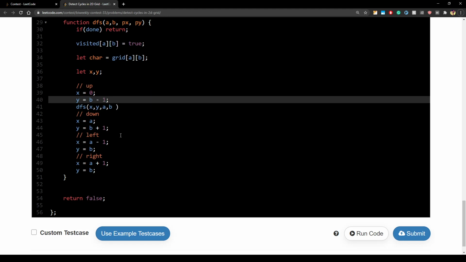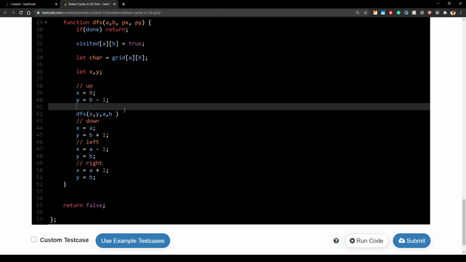We don't do DFS in every case. We have to check for this case first, that if x is equal to parent x and y is also equal to parent y, then we don't want to do it, right? So if it is not, then only we will do DFS, right? So this is one thing.